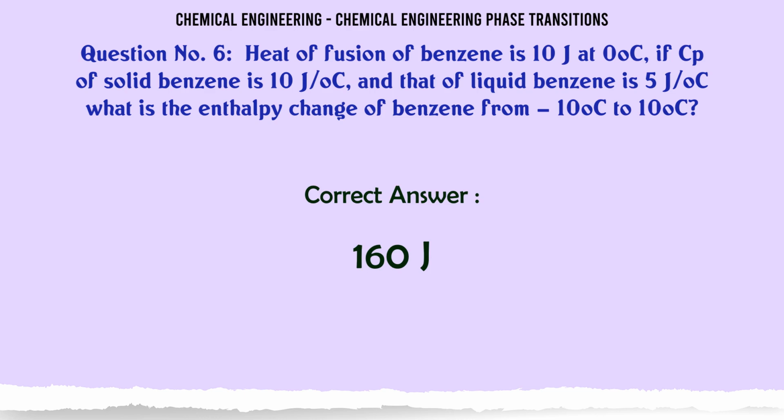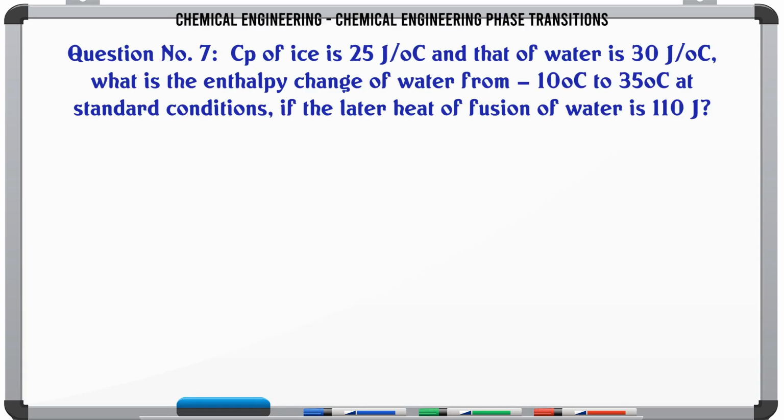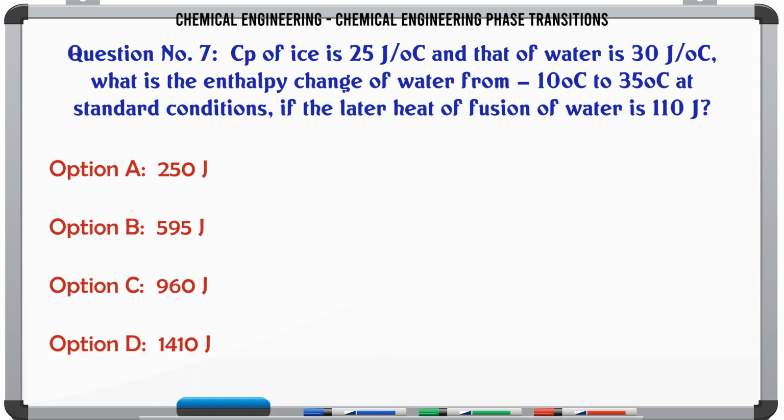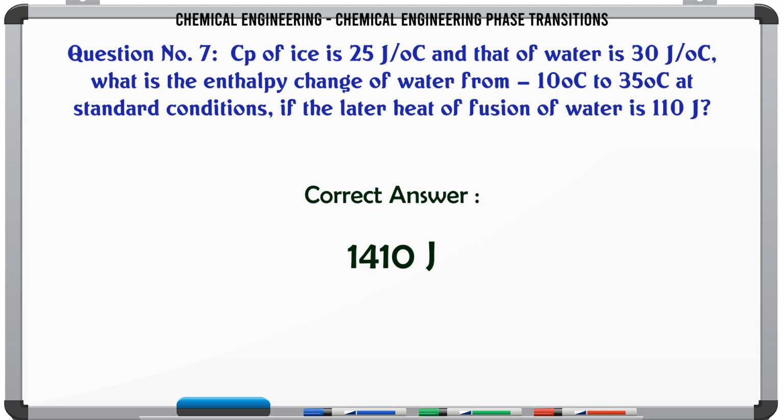160 J. Cp of ice is 25 J/°C and that of water is 30 J/°C. What is the enthalpy change of water from 10°C to 35°C at standard conditions if the latent heat of fusion of water is 110 J? A) 250 J, B) 595 J, C) 960 J, D) 1410 J. The correct answer is